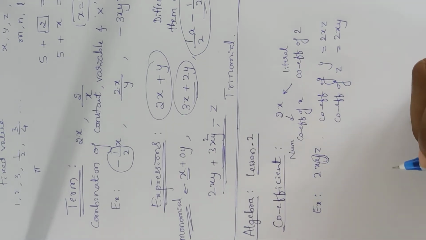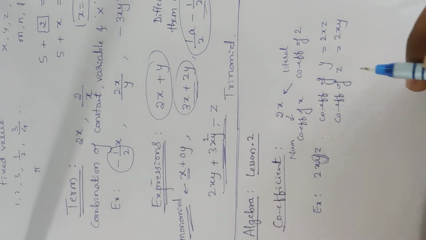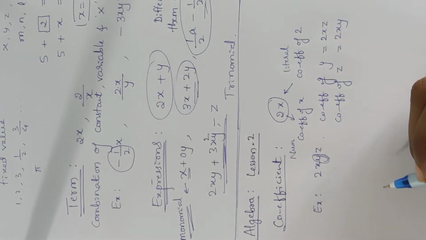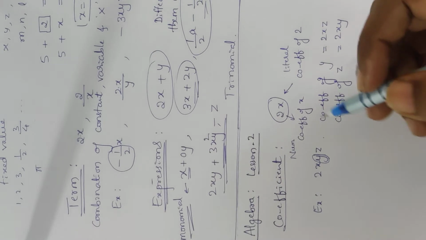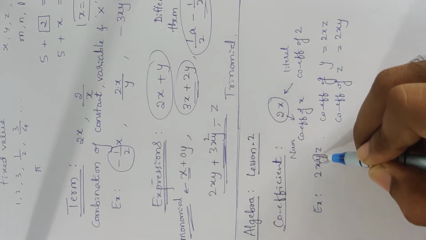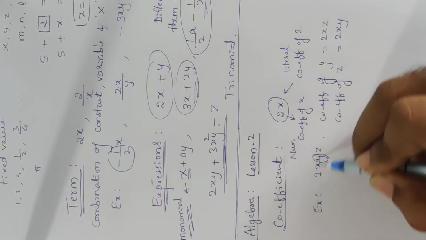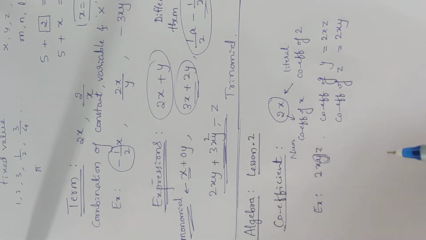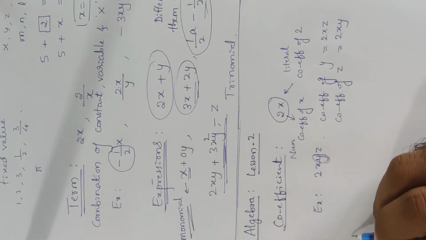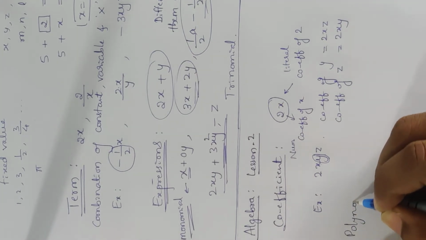Okay, so a coefficient is like the accompanying factors of a term. So this is a term. In any term, suppose you want a coefficient of one piece, which is the constant or any of the variables, then all the remaining factors will be called coefficients. Okay, so after this, now we will go for polynomial.